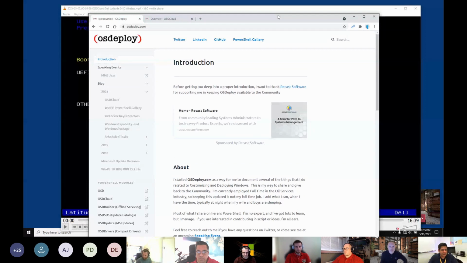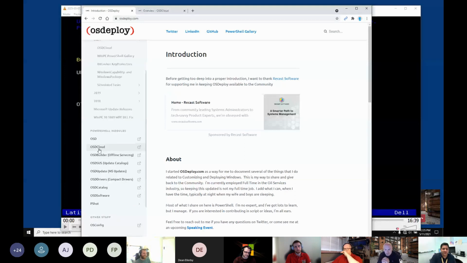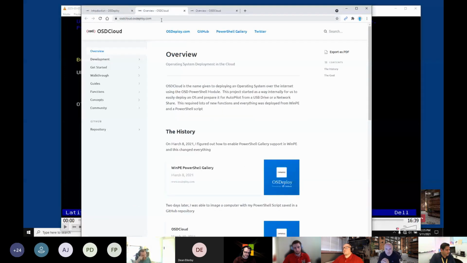Anything I post, I typically put out there, and of course I manage a few subdomains related to OSD stuff. OSDCloud is what you're here for, and you can get to that by just going to OSDCloud.com, and you'll be redirected to OSDCloud.osdeploy.com. So without any further introduction, let's just jump right into it.